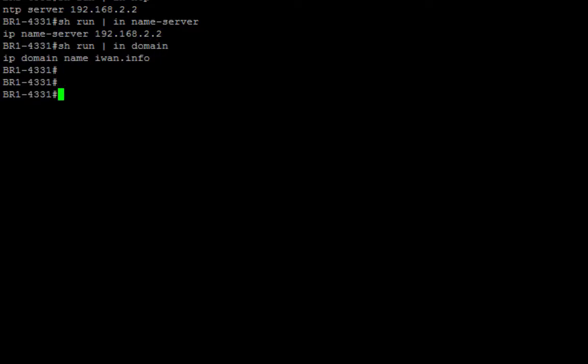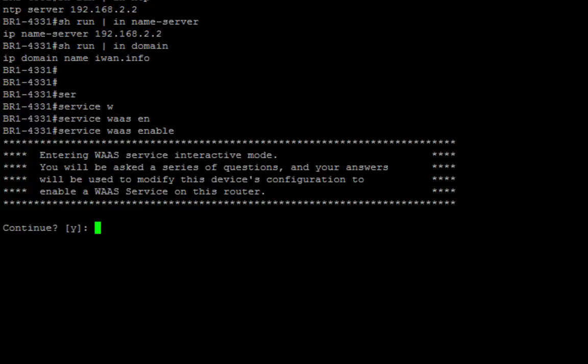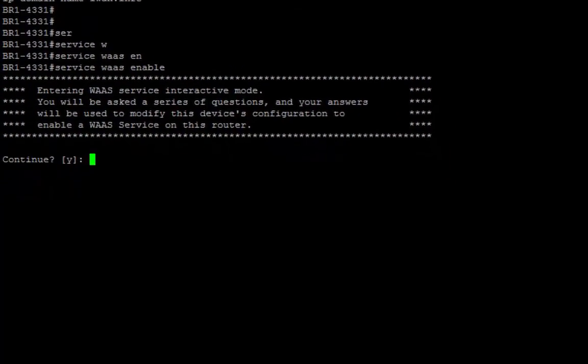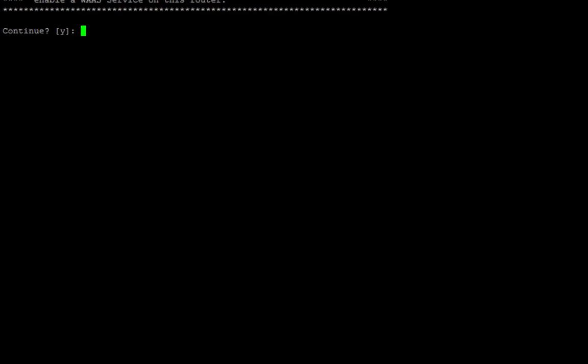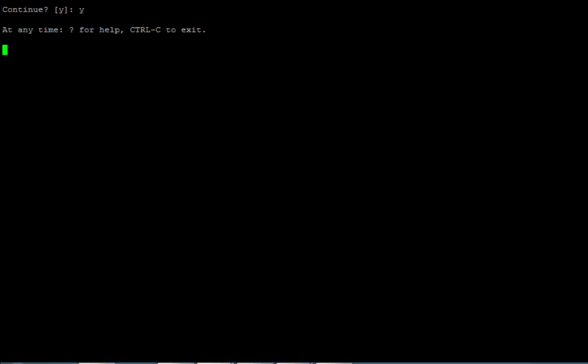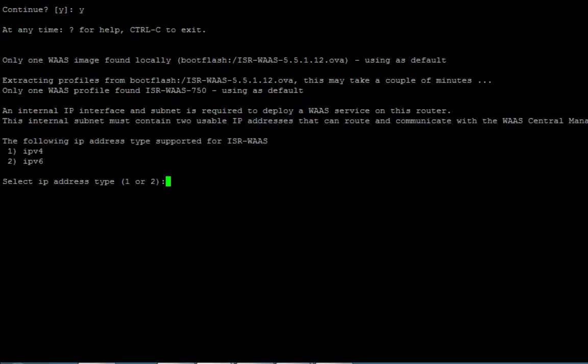So now I'm ready to run the easy config script, service WAAS enable. It's going to run through a menu. It's going to ask me a few questions and then kick off the install, which should take about 10 minutes. So I'm going to use the IPv4 address. The address of the WAAS will be